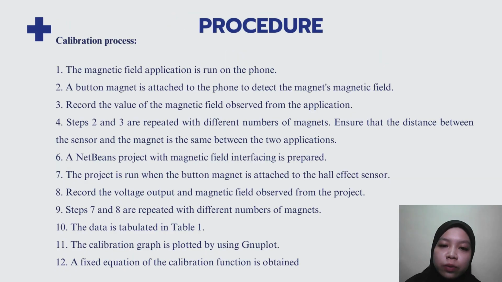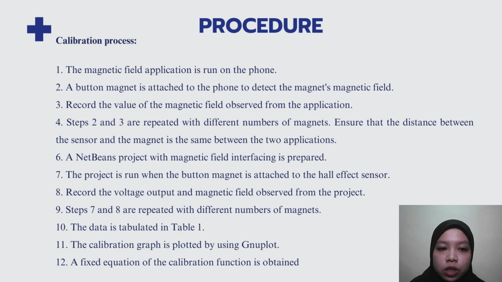This is our procedure for the calibration process. We make a comparison between the application in the phone app and the NetBeans project. First, the magnetic field application is run on the phone. Then a button magnet is attached near the phone to detect the magnetic field of the magnets. Then we record the value of the magnetic field observed from the application, and we repeat it with different numbers of magnets. But we need to make sure that the distance between the sensor and the magnet is the same between